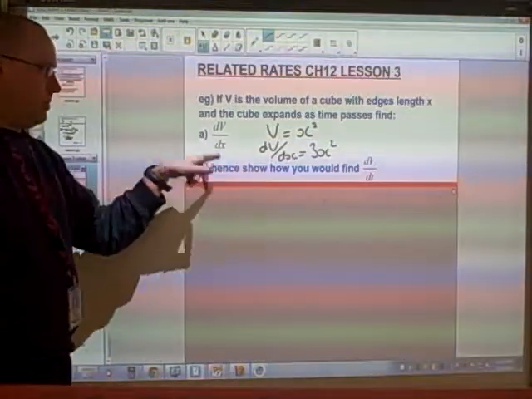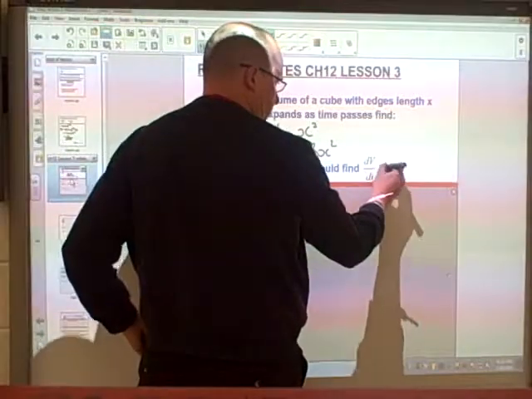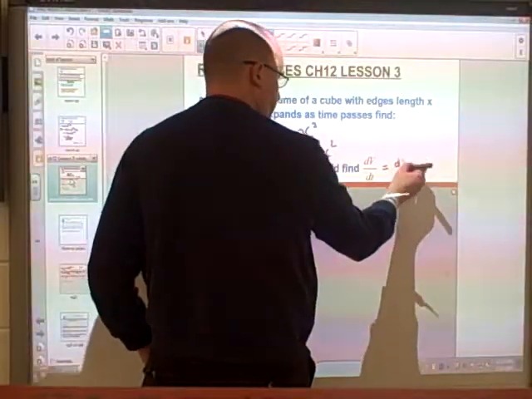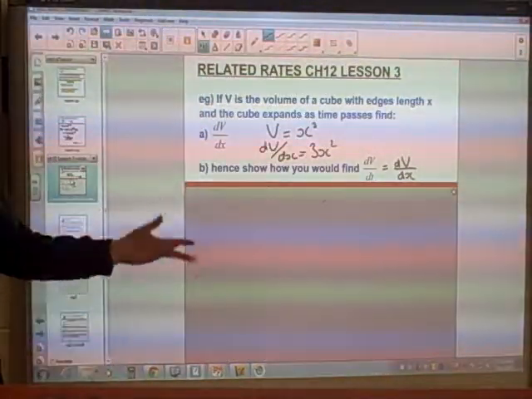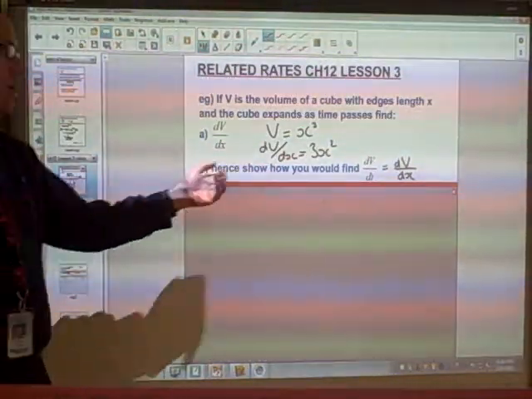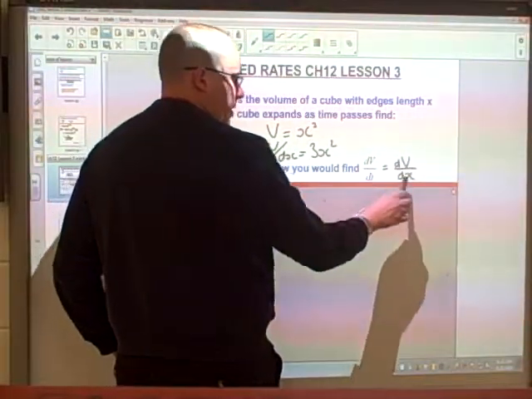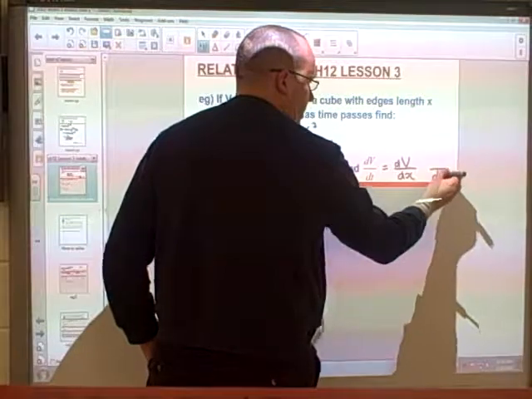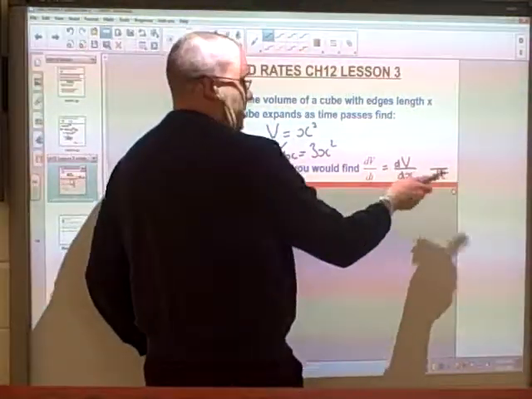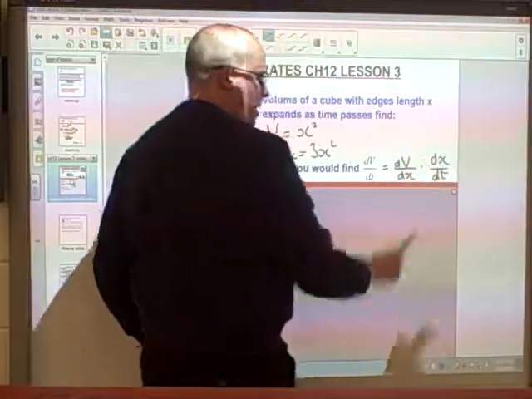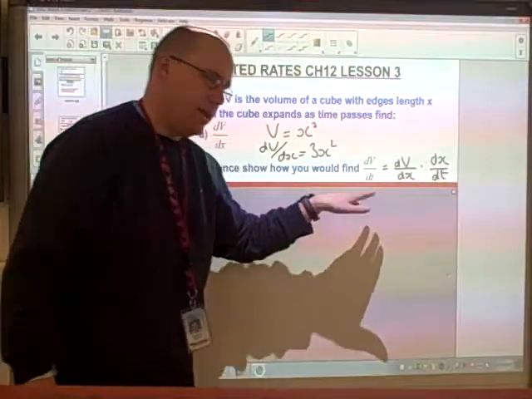Now it says hence here, which means our answer here must be relevant in some ways. Can we find dV by dt? So we know dV by dx. So let's see what we could do, like we did with our check for the u subs, to try and make this equal to each other. Well, I've got a dV on the top. I'm supposed to have a dt on the bottom, but I don't right now. So I need to times by dt on the bottom. Also there's a dx, which I don't actually need. So that's the fraction that we're going to multiply by, and then the dx's sort of cancel here,